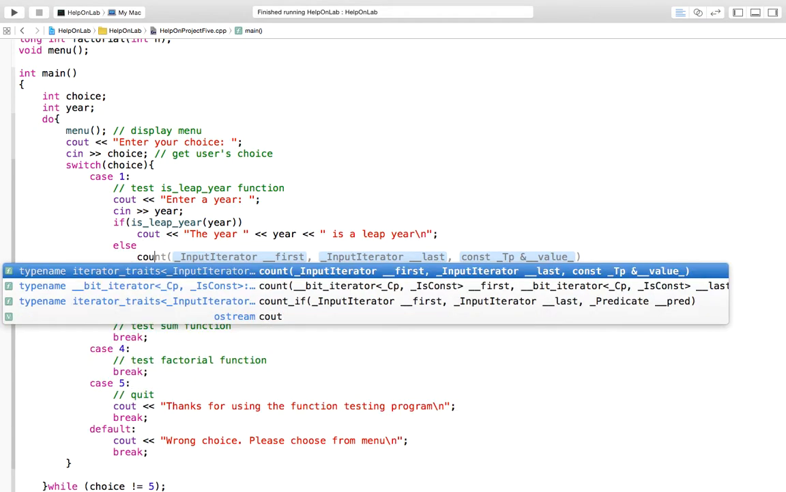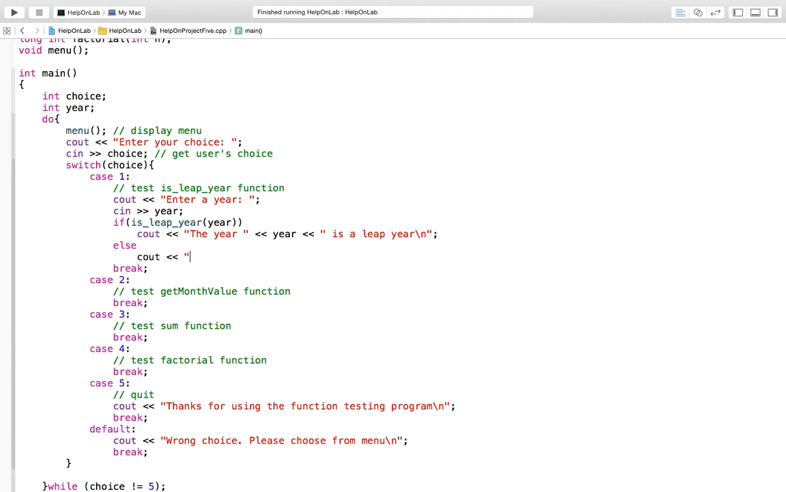Else, cout the year is not a leap year. Okay, so this code, if I implement the isLeapYear function, then I ask a user to enter a year,